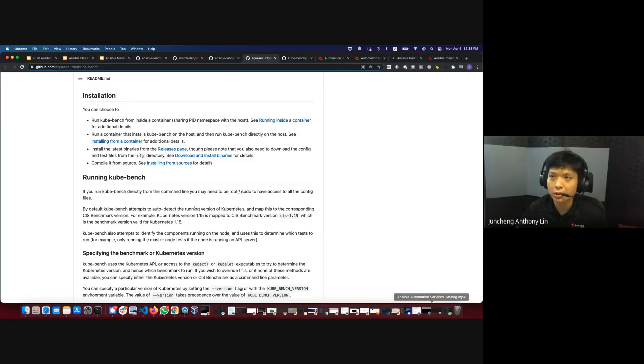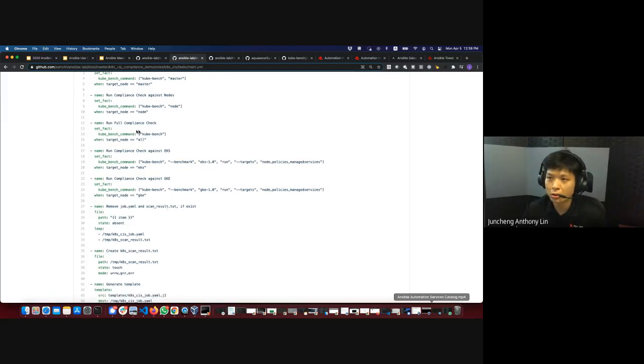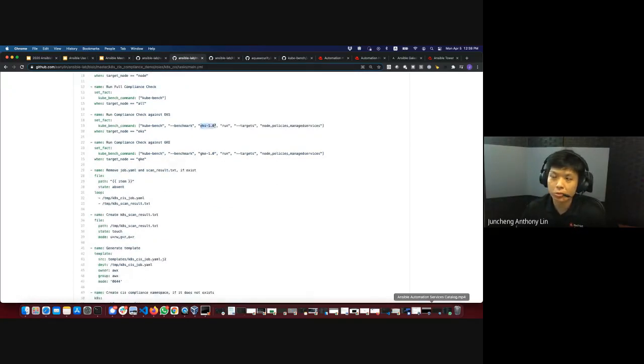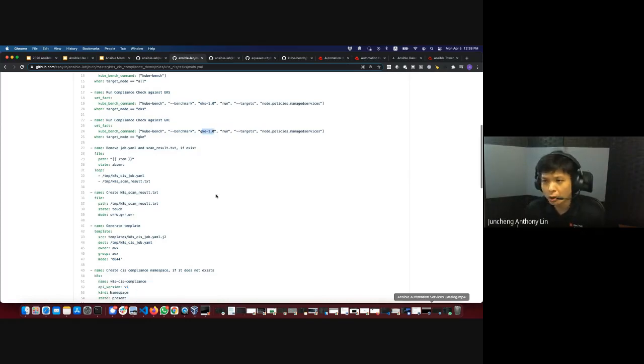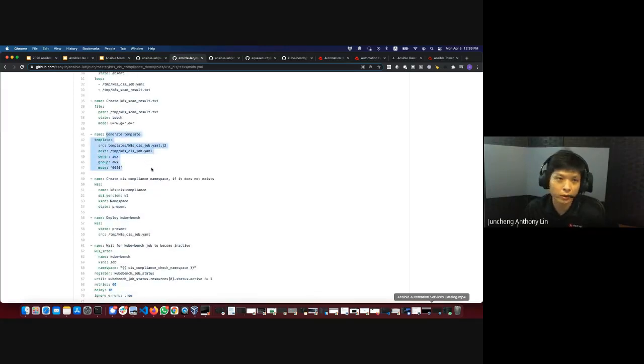So what I'm doing over here is basically using the instructions. We are creating the playbooks that will help you to perform this particular task in an automated fashion. I'm just getting the user to key in the information that's required. What are the target nodes? Depending on whether it's a master, a worker, or everything. And if it is EKS, we are passing in parameters saying that this benchmark is for EKS or this benchmark is for GKE. And then I'm just cleaning up some of the environment information before I run the generation of the template.